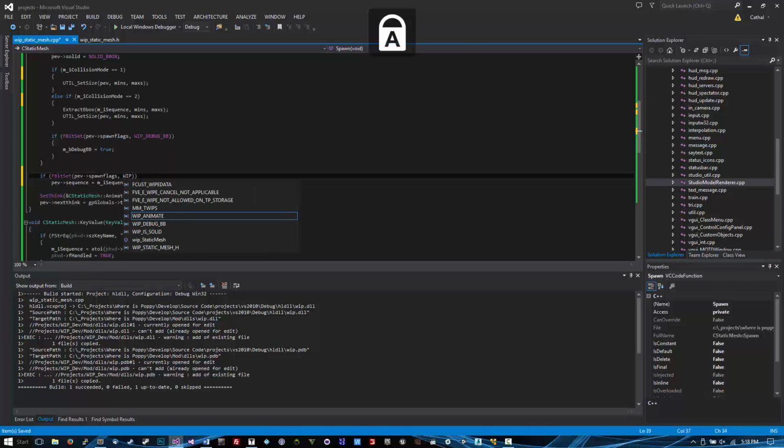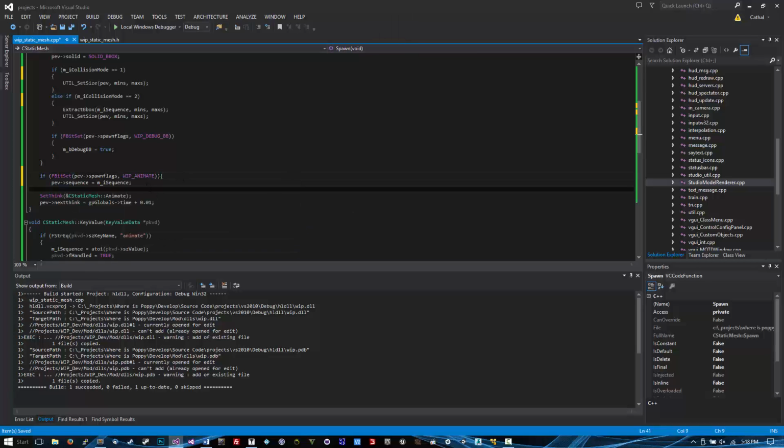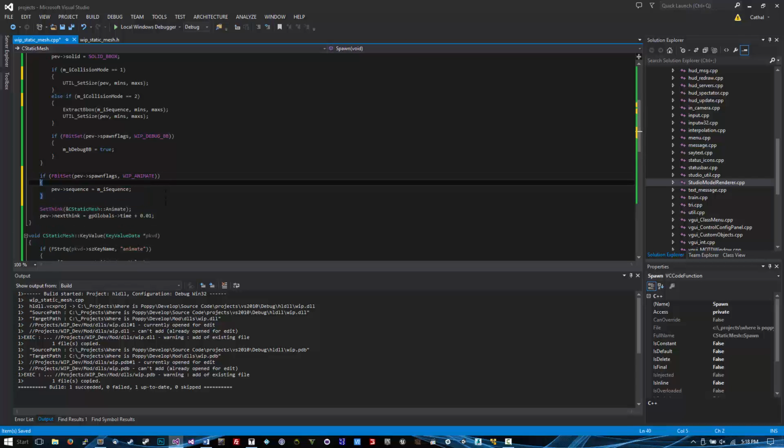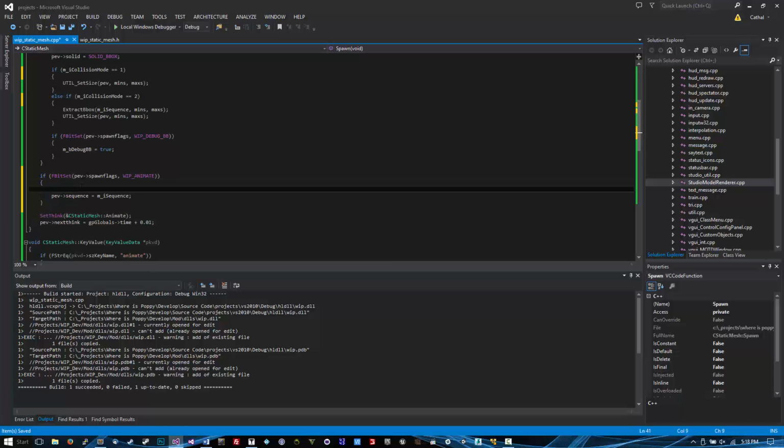P_ANIMATE. Okay, so if the animate flag is set, then we will animate. That makes sense, right? But we're also going to do this. We're going to say m_bAnimate